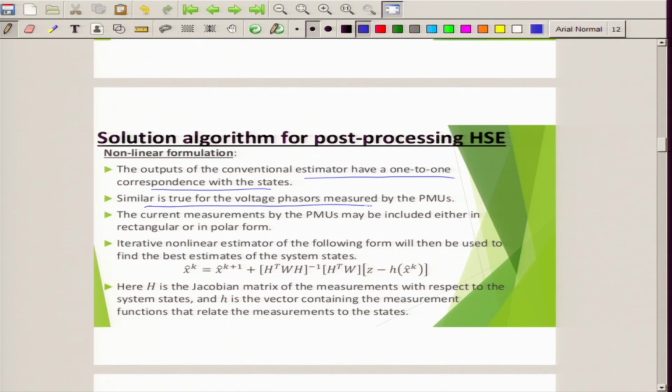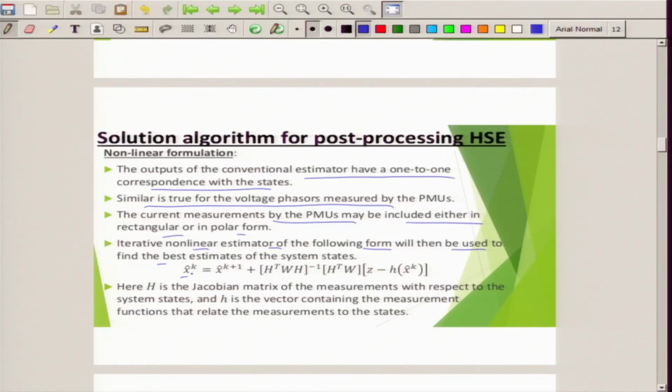Similar is true for the voltage phasors measured by the PMUs. The current measurements by the PMUs can be included either in the rectangular or in polar form. Both ways are possible. Now, an iterative nonlinear estimator of the following form will then be used to find the best estimates of the system states. Because it is a nonlinear approach of state estimation, you have to follow an iterative algorithm, some numerical approach. Now, x cap k at any specific iteration number is equal to x cap k plus 1 plus